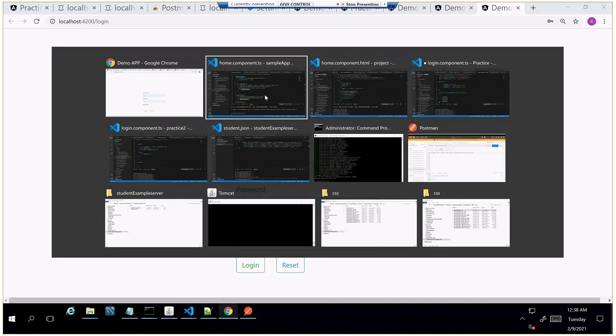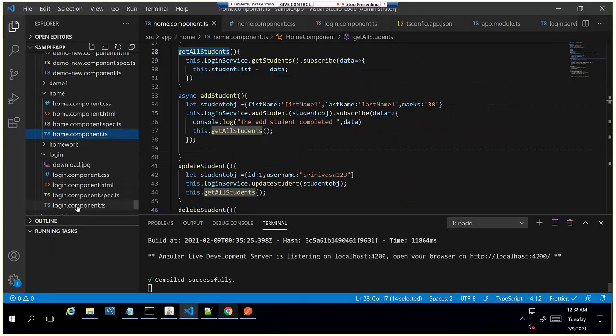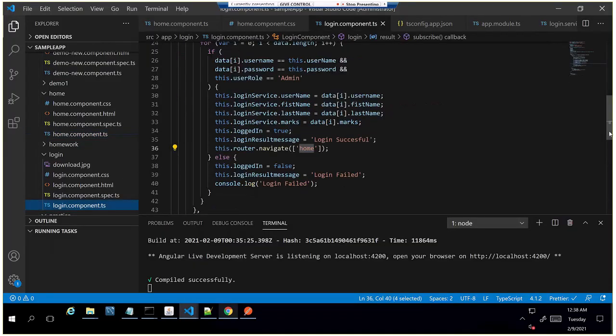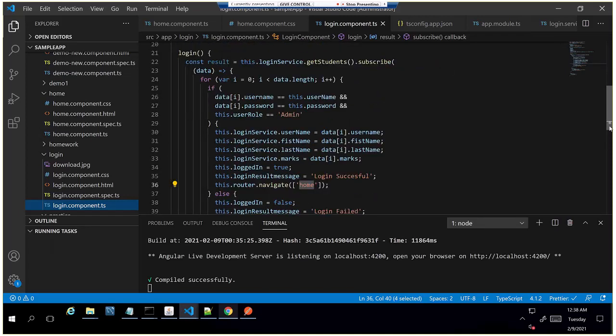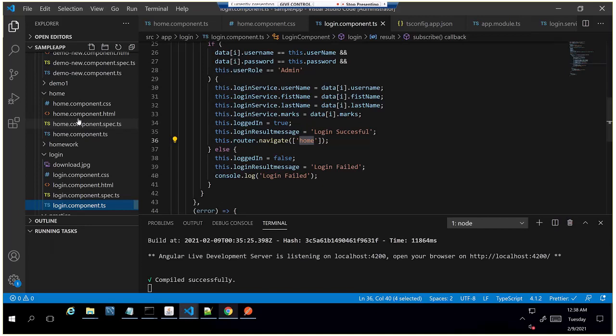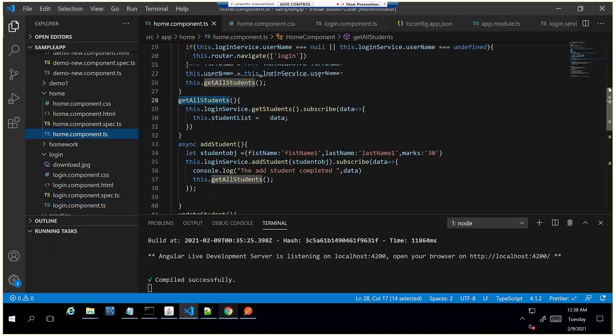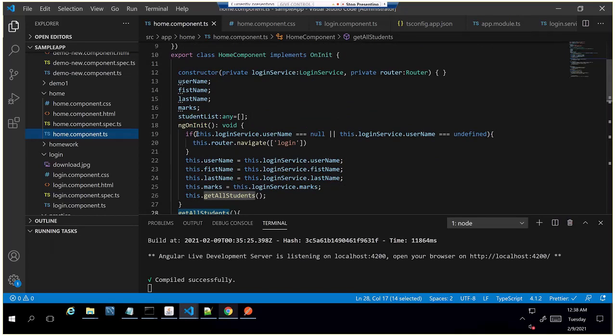Whenever login is completed, we are saving the value in the service. And in home component.ts, we are checking if the value is present in the username. If login service dot username is not equal to null, then only we execute the below statement. Otherwise, we are redirecting to the login page.